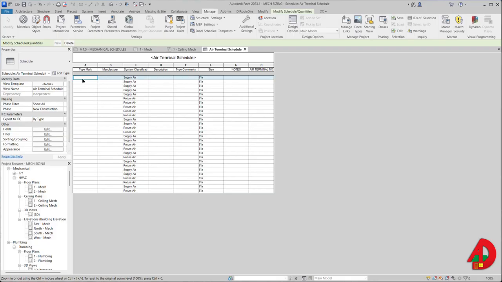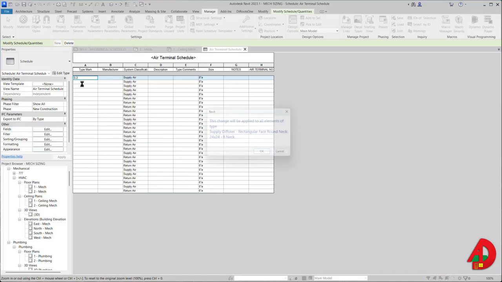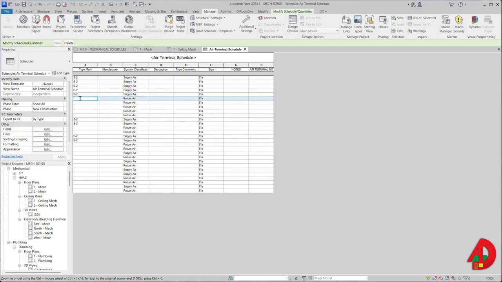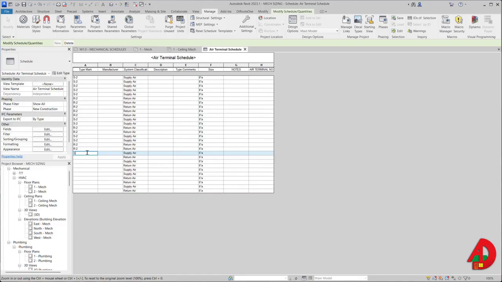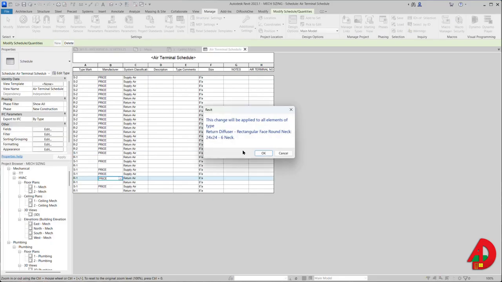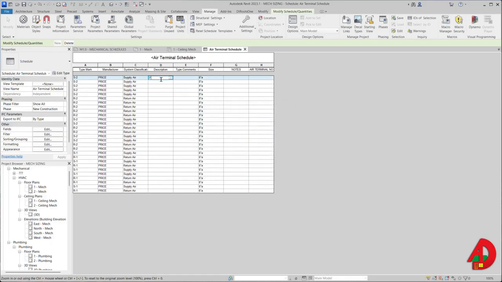So I have a supply air 8 inches. It's going to be type mark S2. Return air 8 inches is going to be R2. Then I have supply air 6 inches, which is going to be S1. And then I have return air 6 inches, which is going to be R1. Also, I can go ahead and type a manufacturer. And let's assume, just for this example, I'm going to use the same manufacturer for all of them. And let's say for description, I want to do perforated